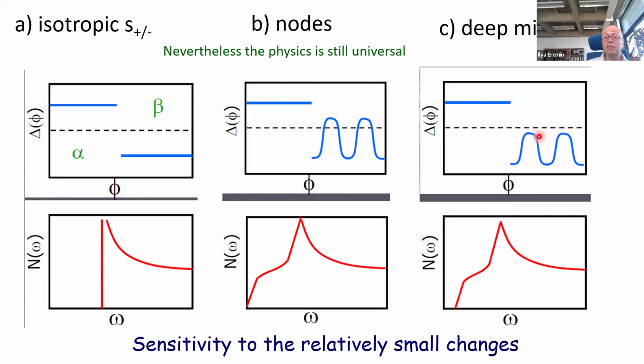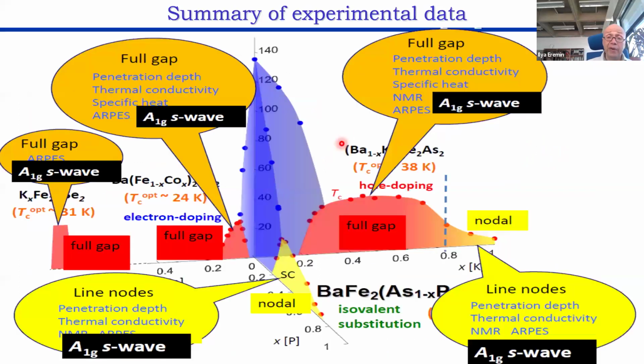In principle, that was kind of surprising to the community, because initially, 20 years ago, observation of nodes or no nodes meant a completely different mechanism. While here it's the same mechanism, what only changes is how strong the repulsion between the bands is compared to the one within the bands. And depending on their ratio, you can get one of the three. But the superconducting gap is still S plus minus. And in fact,